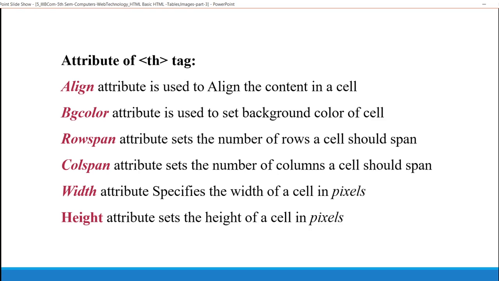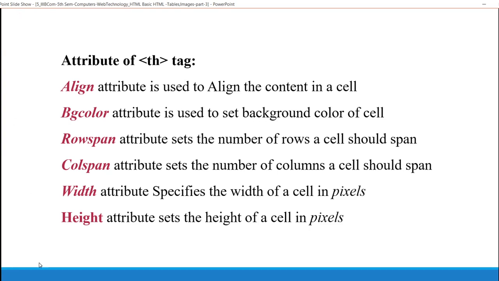If I want to divide a cell into a number of columns, then I use colspan. If I want to divide into rows, then I use rowspan. A single cell that spans a number of rows, we use rowspan. Similarly, colspan: if a cell spans a number of columns, then I use colspan.